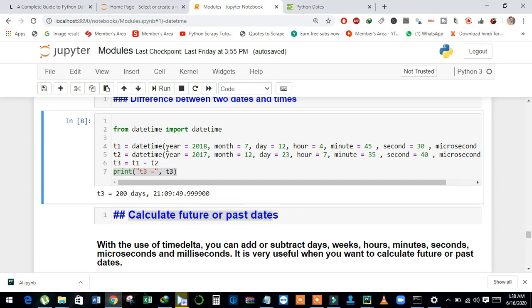And see here, we have year 2018, and see here we have in second 2017. And see here we have different values of all the attributes. I just want to show you how to calculate the difference between dates and time.